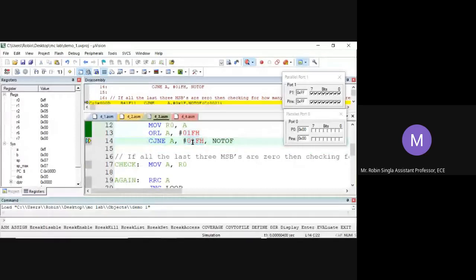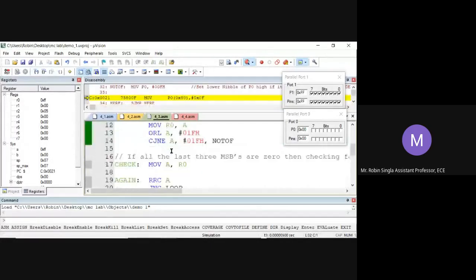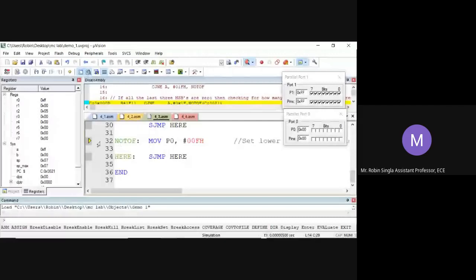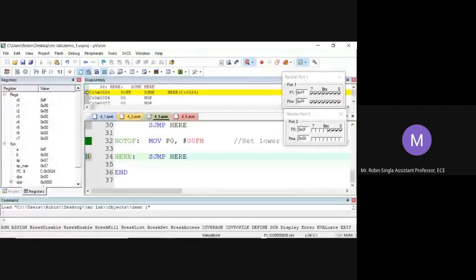If it is not equal, it will directly jump to not F. See, after this instruction, it has directly jumped here. The arrow has come here. It will move 0FH to port 0, just to show this is not a 2 out of 5 code. 0FH at port 0 means it is not a 2 out of 5 code.